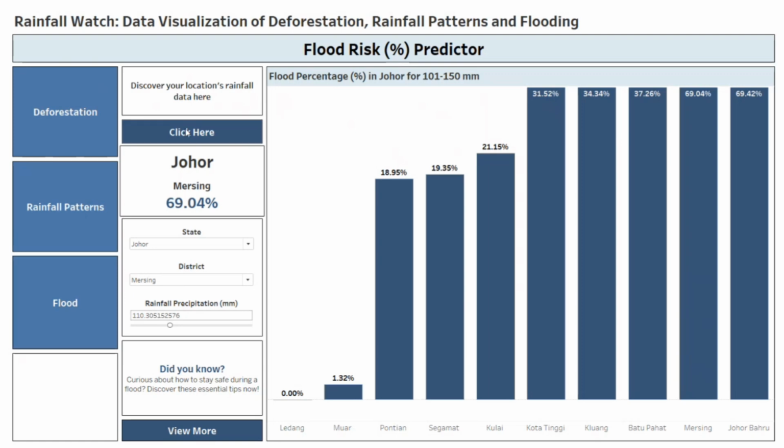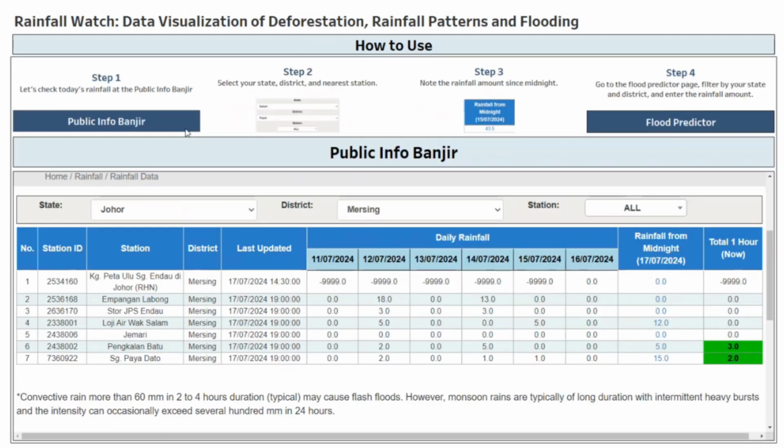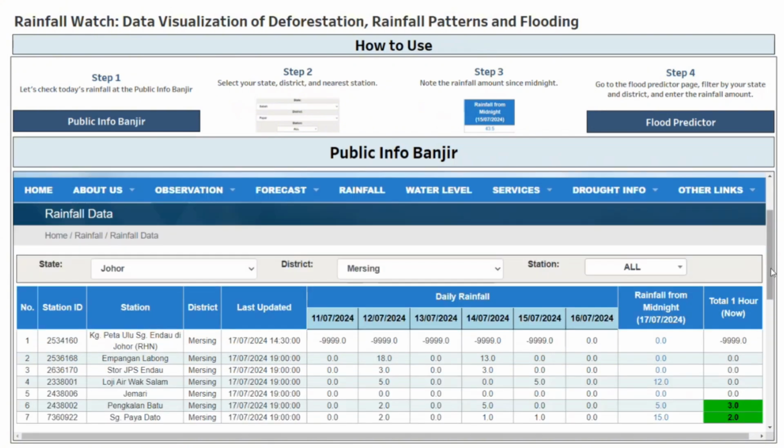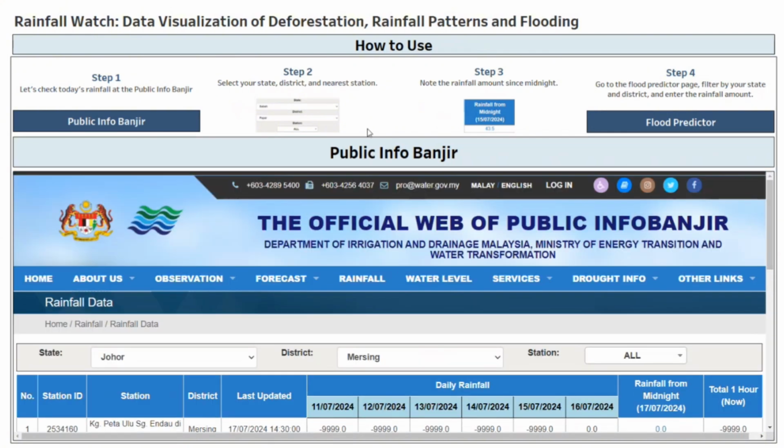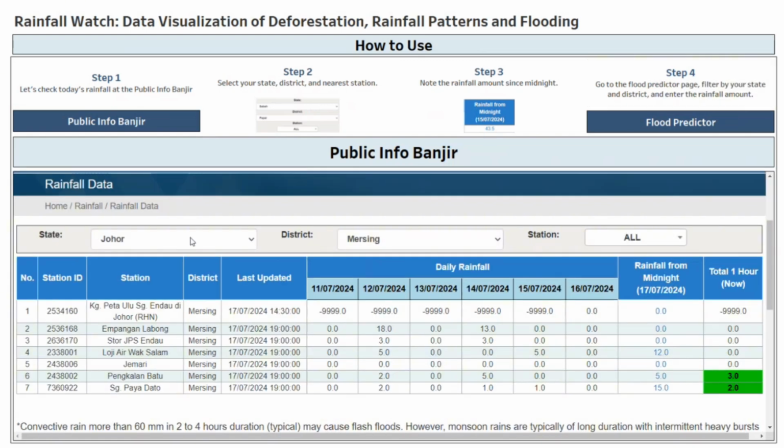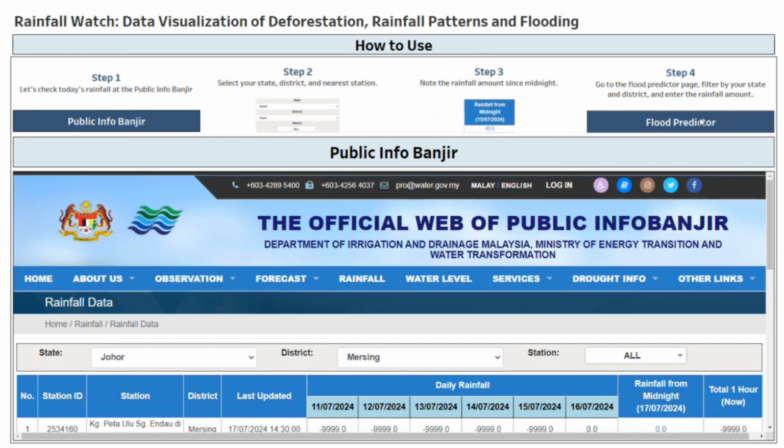So the user needs to go to this page, which is the Public Info Banjir, and at the top here it shows the steps on how to use it. After going to this page, the user needs to filter based on their location and take note of their rainfall amount since midnight. So as you can see here, for example, we are at Mersing and the rainfall precipitation is 15.0, and after we take note of that, we need to go back to the flood predictor page